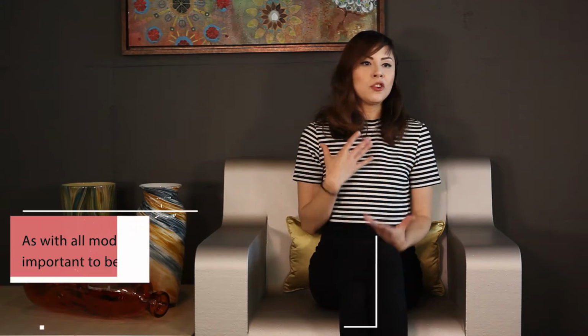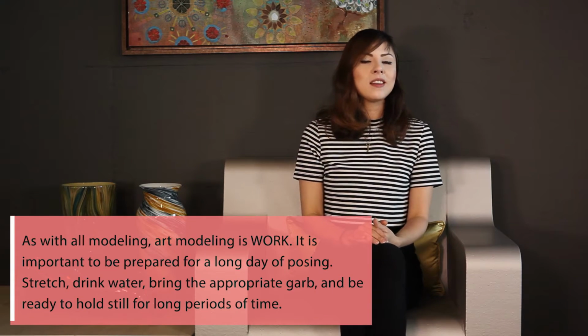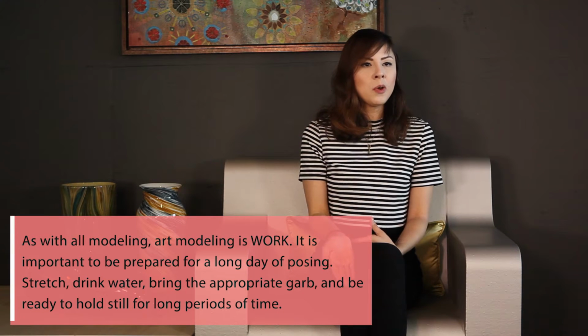So say you're in a 25-minute pose. You have to really make sure that whatever pose you choose, you're going to be able to carry that out. And you have to make sure that you have prepared for it. Maybe do some stretching or some yoga or something, make sure you're hydrated, because, when you're in a certain pose